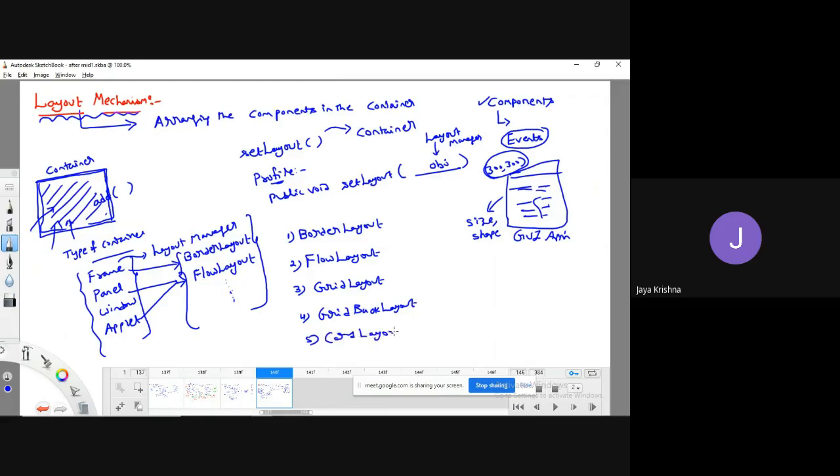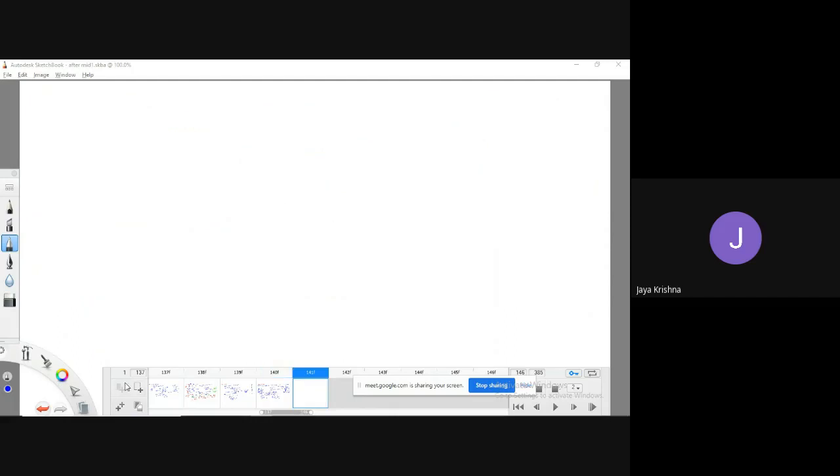These are all various kinds of layout mechanisms which are available in AWT. Okay, so if you clearly understand the different types of layout mechanisms of all these five, automatically you can get an idea of which kind of layout mechanism you can use to develop your required application. Okay, first let me explain border layout.